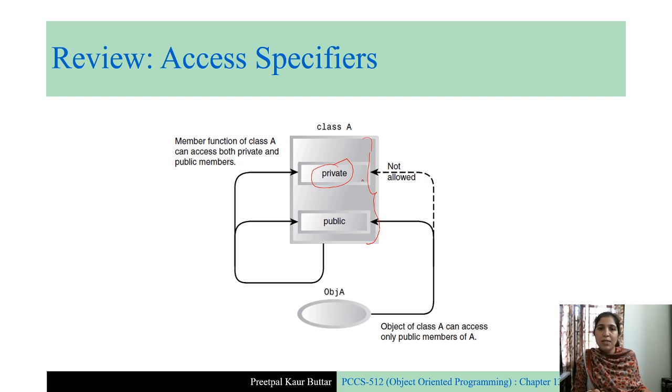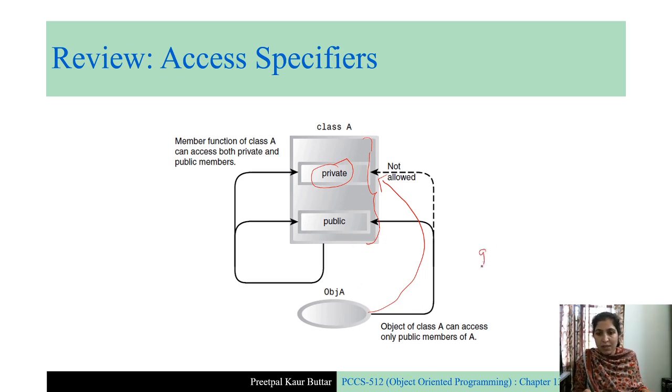Because private members are accessible only inside this class. So accessing the private members by this object is not allowed. And can object A access the public members of this class? Yes, public members are accessible everywhere, so public members can be accessed by this object.